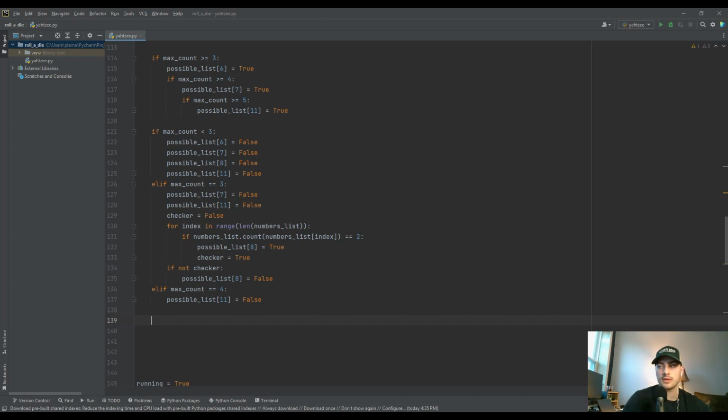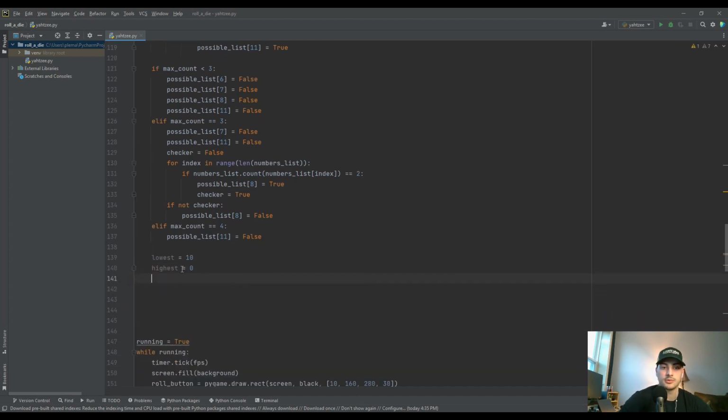Okay, so to do the small straight and large straight, we're going to need to get the highest and lowest values in the list. So to do that, I'm going to make a variable called lowest, and this might seem a little confusing, but I'm going to set lowest equal to 10, and I'm going to make a variable called highest, which I'm going to set equal to 0. And then what I'm going to do is say for index in range length of,